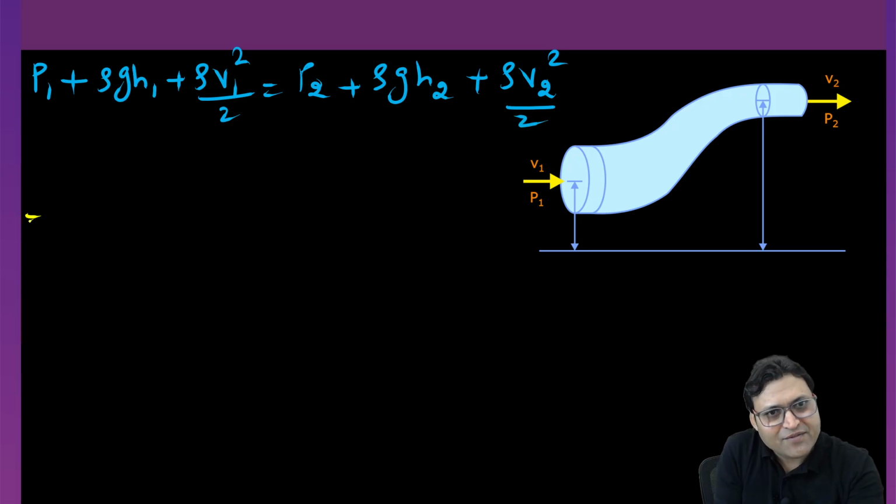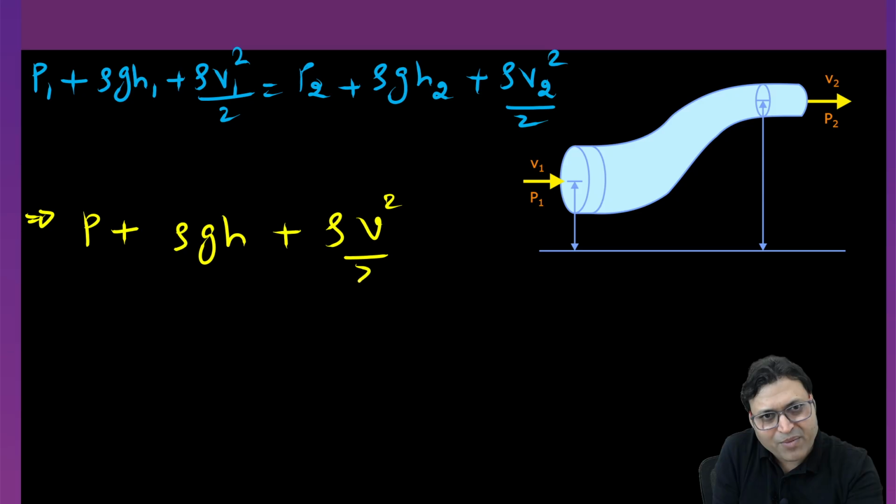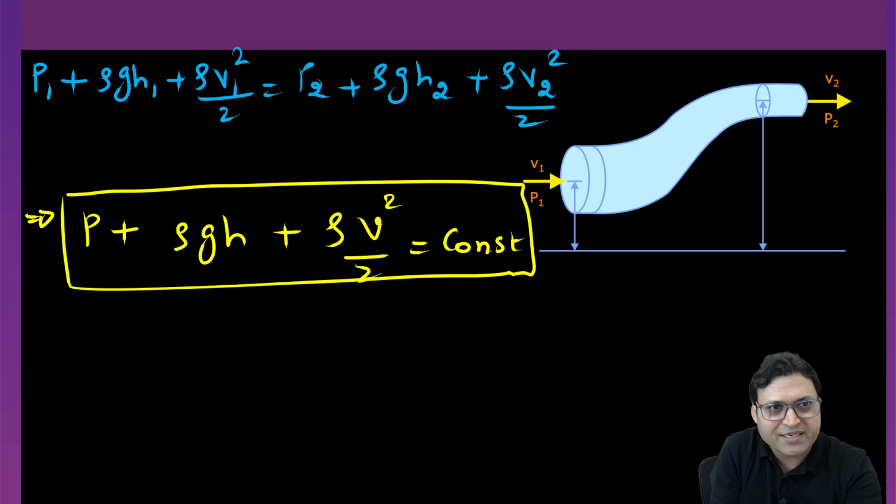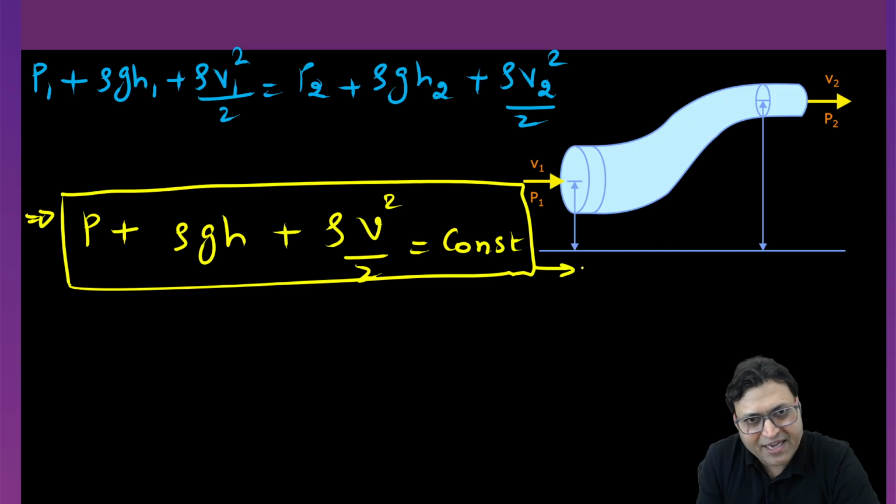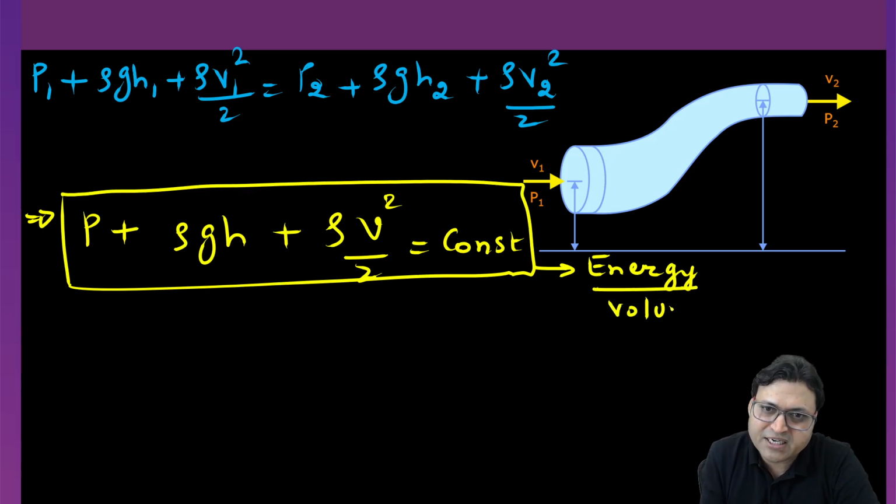Which implies that p plus rho g h plus rho v square by 2 should remain constant between any 2 points taken in the pipe. So this is the Bernoulli equation. The first term represents the pressure energy, the second term represents the potential energy, and the third term represents the kinetic energy. But pressure energy, as I told you, is pressure into volume. So each and every term represents energy per unit volume,